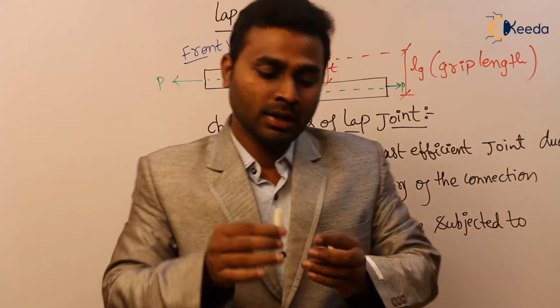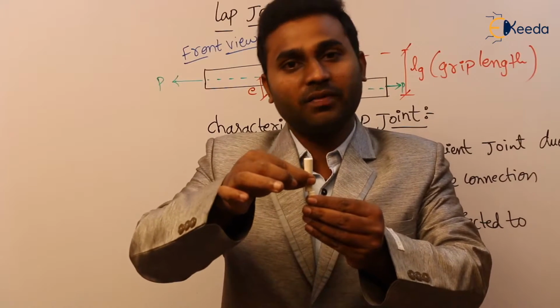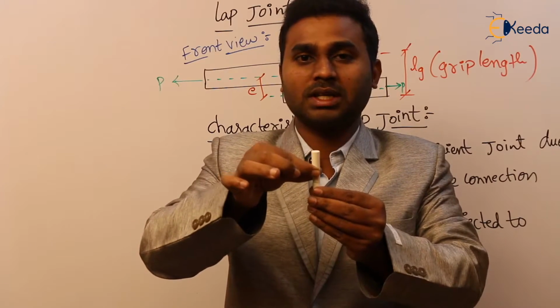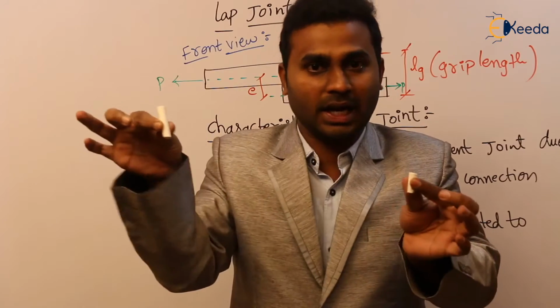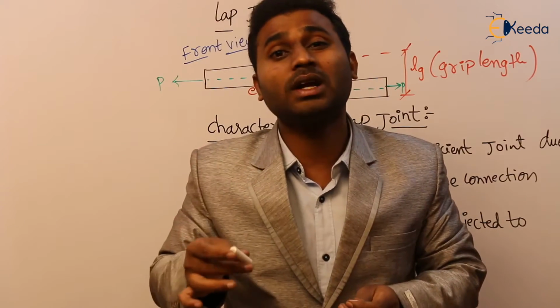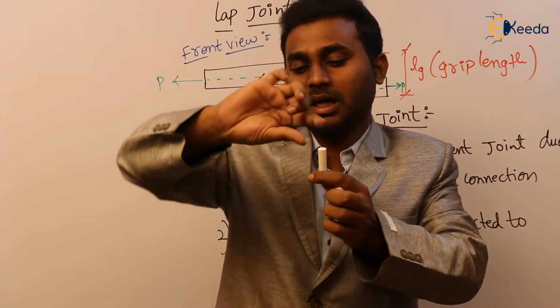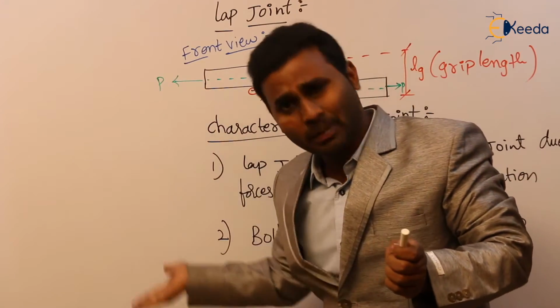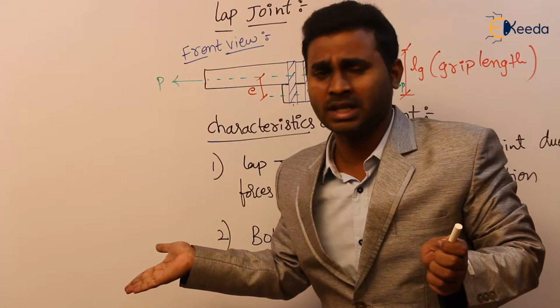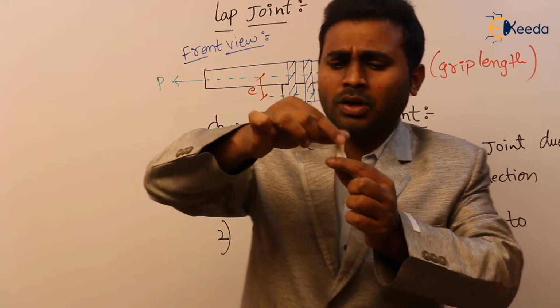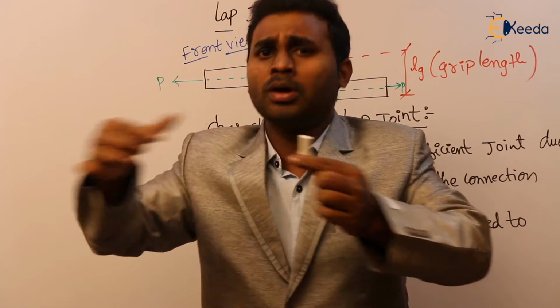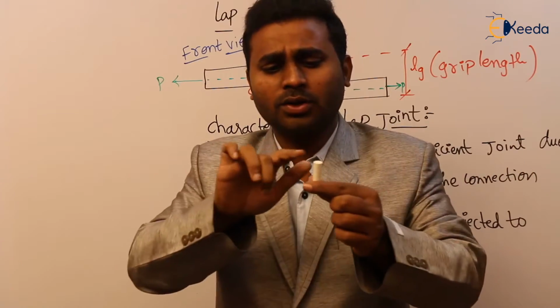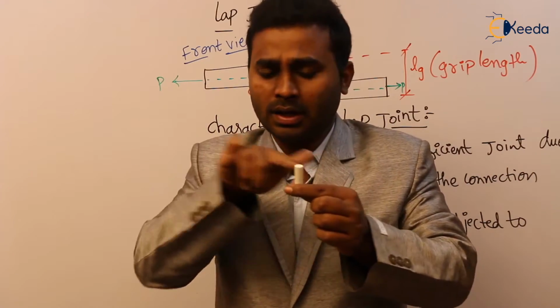Next, assume that these bolts are strong enough in shear, so they are not going to break like this. Okay, so in that case what happened? The plates are trying to pull the bolts. See here, the tension; the force may be compression also. Okay, not always the tension. Clear? So now these two plates are trying to move away from each other, trying to pull this bolt from this connection.